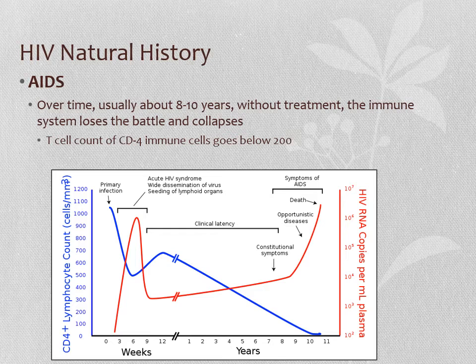So what this graph is showing us is 2 different things. First of all, the blue is the number of immune cells. So we start off with a normal number of those CD4 T cell lymphocytes. The red is the number of viral particles in your body. So time 0 is when you first get infected, and then pretty soon after that we start to see lots of virus, right? This is that acute phase of the illness, lots of virus being produced, and your immune system takes a hit, right? So the immune cells dive down,